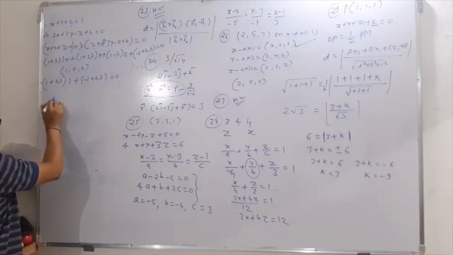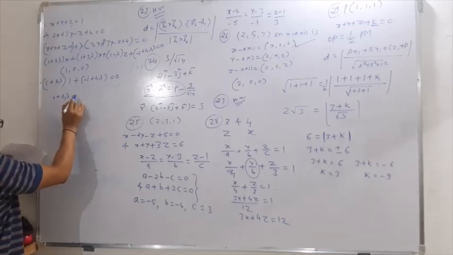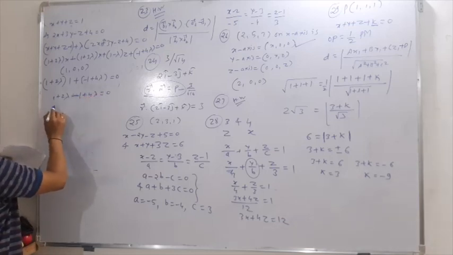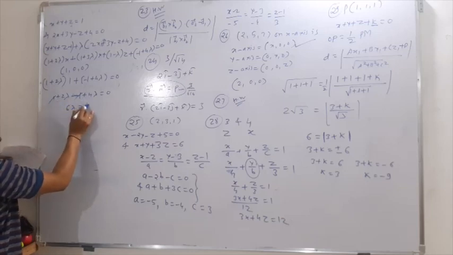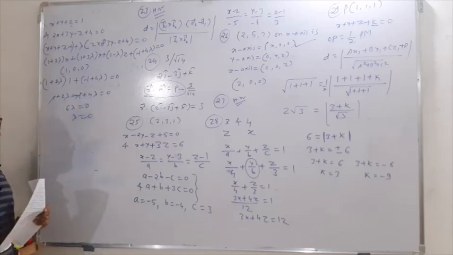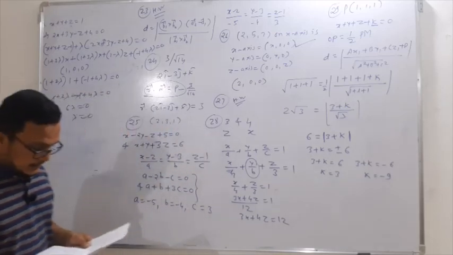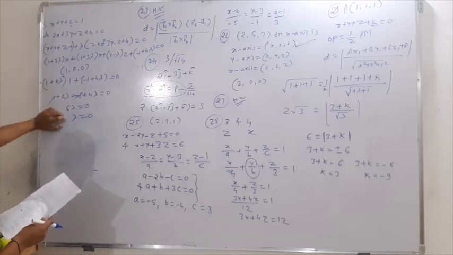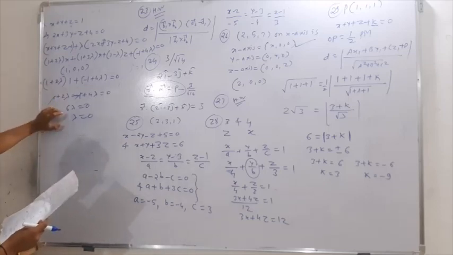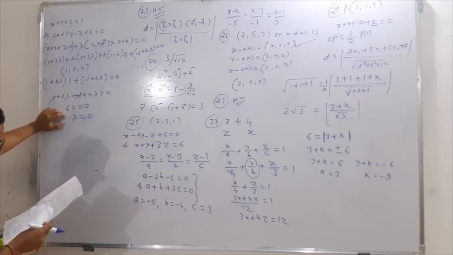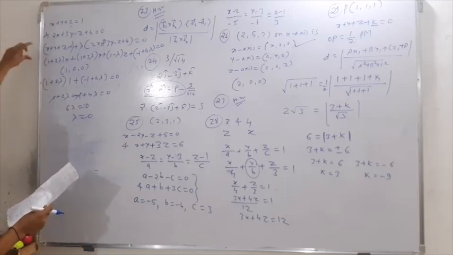So here 1 plus 2 lambda as it is, plus into minus is minus 1 plus 4 lambda is equal to 0. So 1 and minus 1 get cancelled. So 2 lambda plus 4 lambda, 6 lambda is equal to 0, or lambda is equal to 0, because if I divide 6 it becomes 0. I think we should not get the lambda value as 0, because...